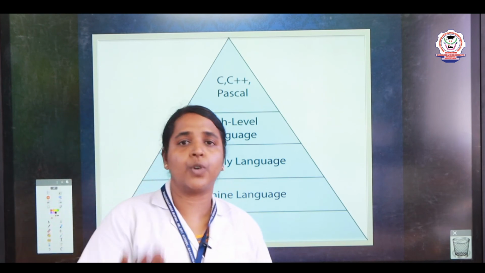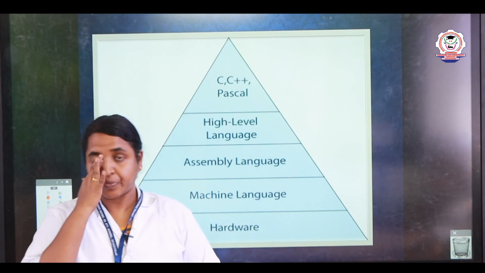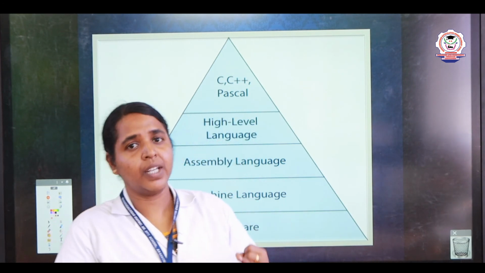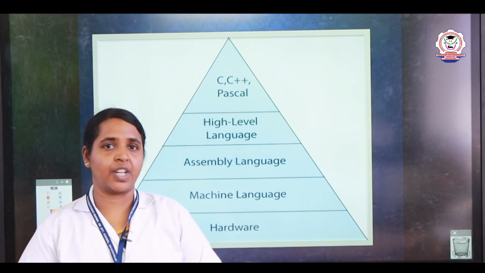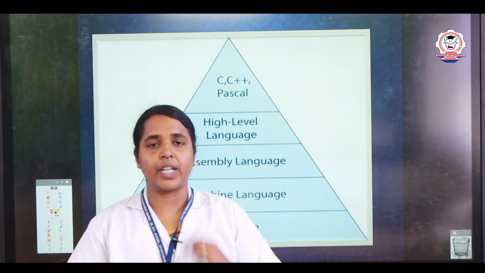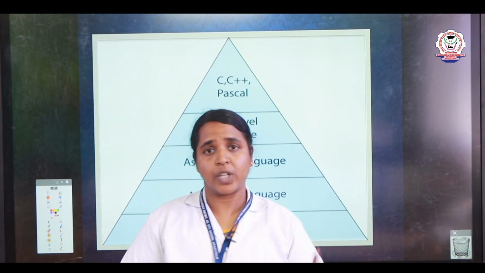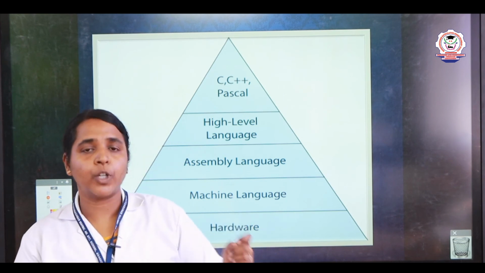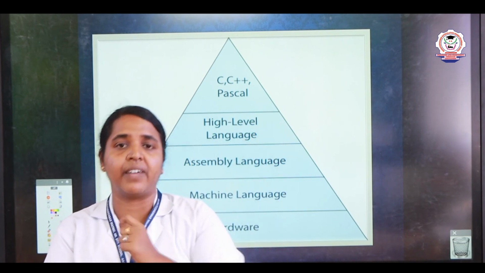I'm just going to summarize all the points we discussed in part 1 and part 2. First we started with what a program is, and programming and programming language. Next we discussed the classification of programming languages: high level language and low level language. The low level languages are classified into two types, machine level and assembly level. In machine level language, a computer can understand only zeros and ones, so it is very difficult. For that we move to assembly level language.